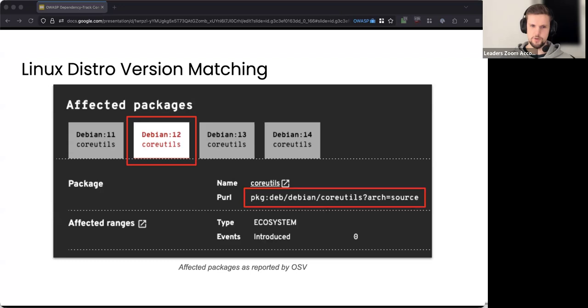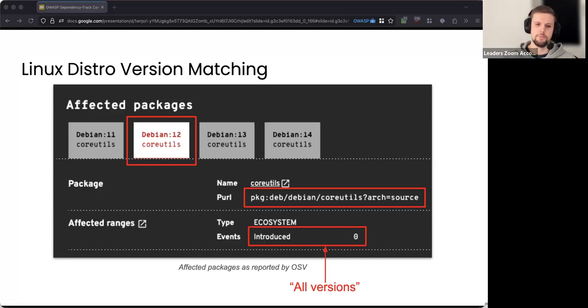You can see the package URL contains the type as deb, then the namespace is debian for the Debian distribution, then the package name, and then there's a qualifier for the architecture, but in this case it's source. What is not here is a distribution identifier. But the distribution identifier is in the ecosystem name, which is Debian:12, so Debian 12. When you look at the affected ranges here, you can see that the vulnerability was introduced in version 0, but there's no upper bound, and this is equivalent to all versions being affected by this vulnerability.